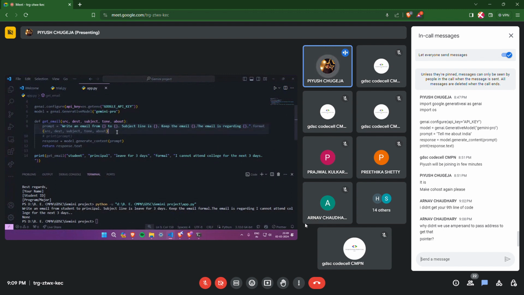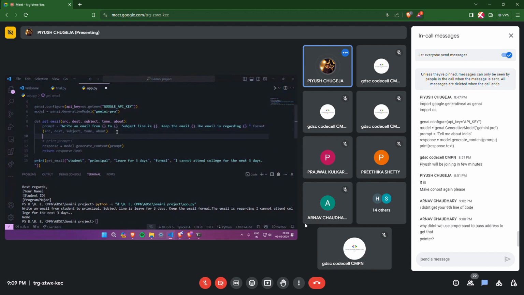Like I said earlier, you can build your prompt however you like. The other way to directly make your prompt is, I'll just do it like this: write an email from, and I will put in, or like this, plus src, and it will concatenate the strings. The string will be concatenated, and the value will come directly, it will come like this also.